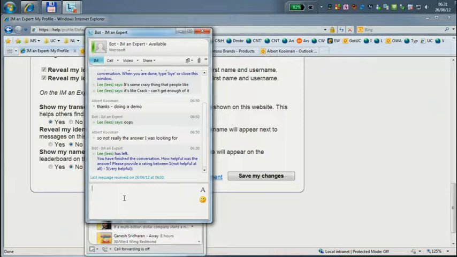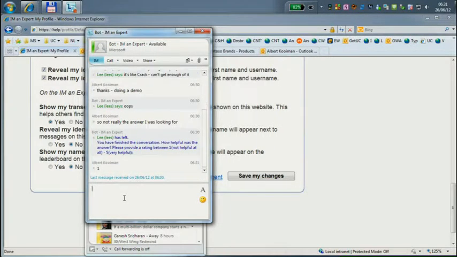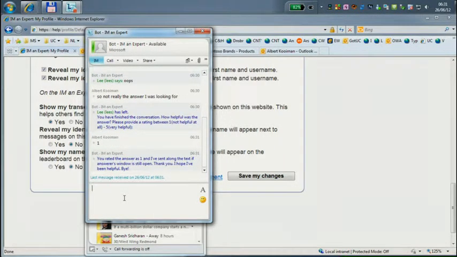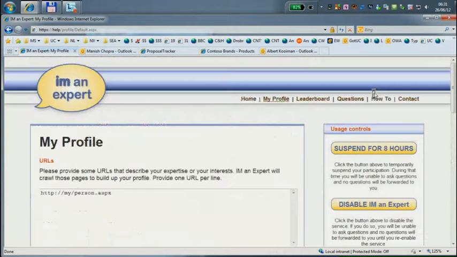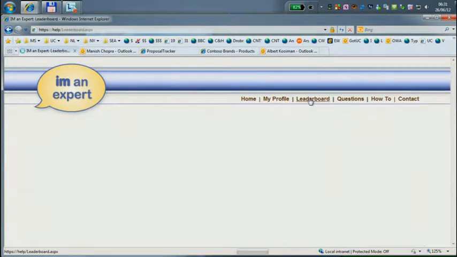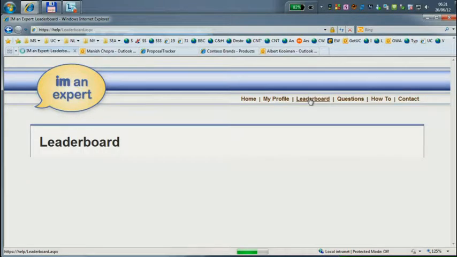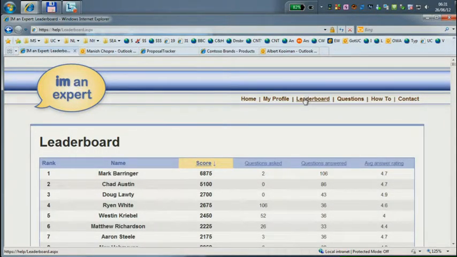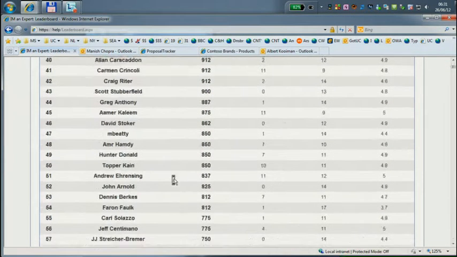So this is not very helpful, by the way, so I'm going to punish him. He will not like that, because we actually get points for that. Let me actually show you that as well. So here on the leaderboard, you've got the people who are the most helpful. And when you're the most helpful, you appear on top of the leaderboard. Mr. Lees, or whatever his name is, he is not going to be here. Nope.